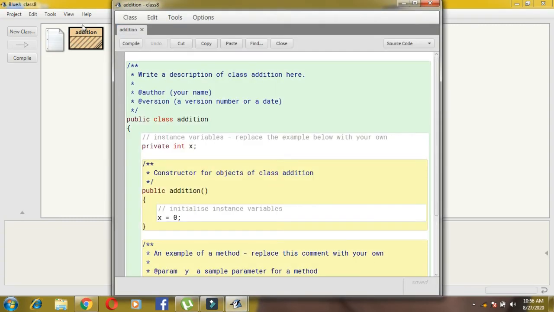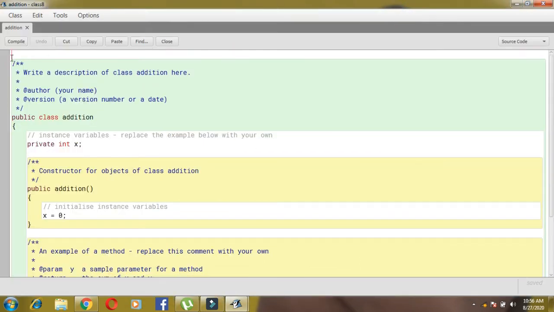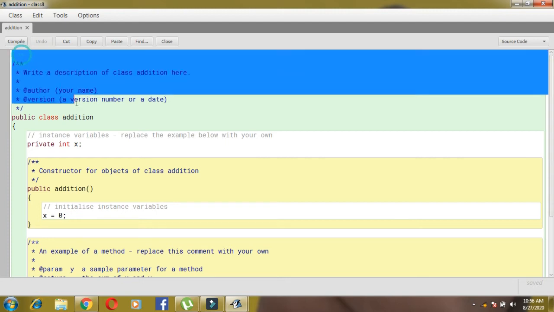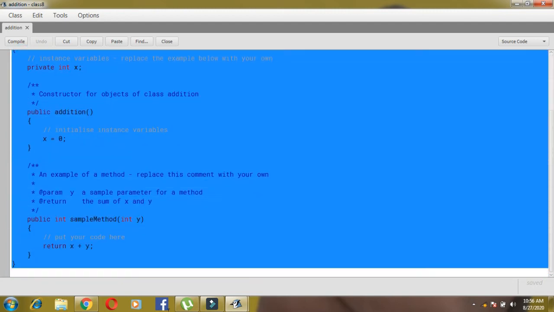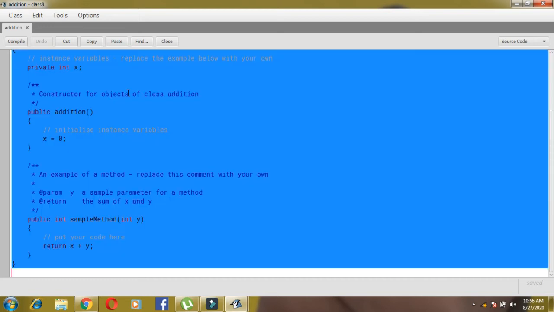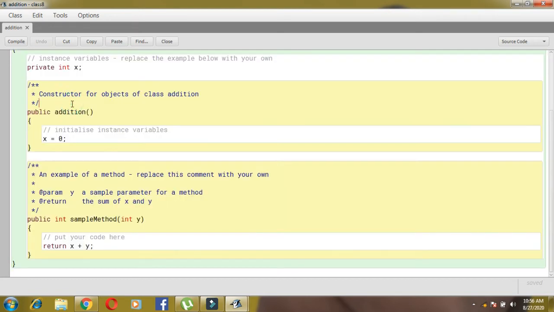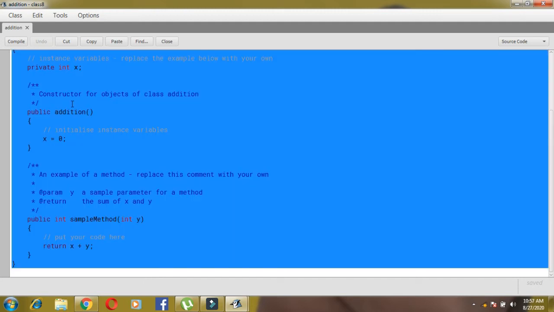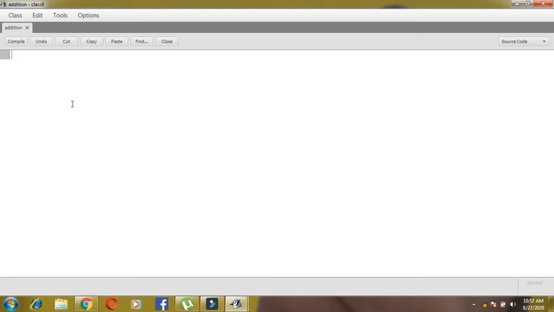Children, double click means 2 times you have to click the left mouse button, okay, very fast. You get another screen like this. See, something is written, okay. We can simply select all of this. Either you can use the mouse for dragging like this, or you can use the shortcut from the keyboard. The shortcut from the keyboard is CTRL and A together. Children, what is the shortcut from the keyboard? That is CTRL key and A key. Together if you press, the entire part will be selected. Then from the keyboard again you have the delete option. You can click on the delete option.